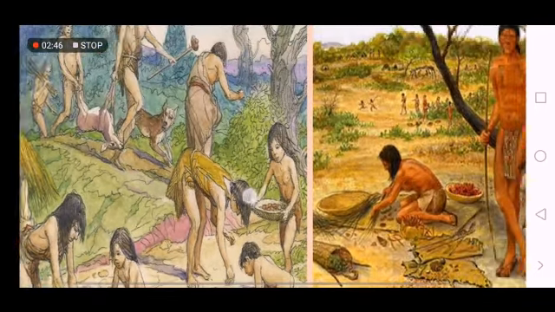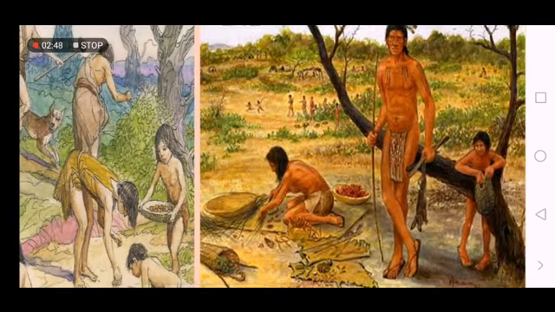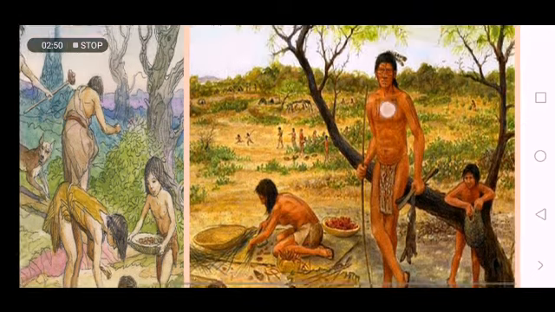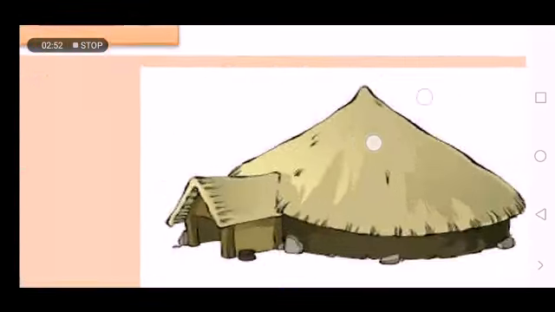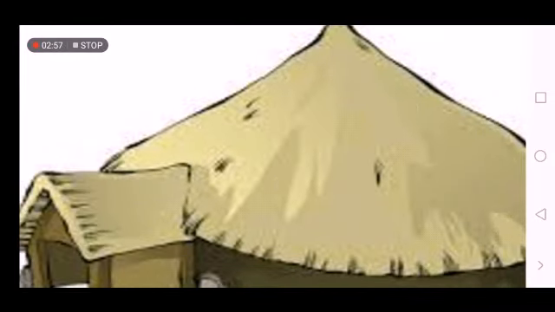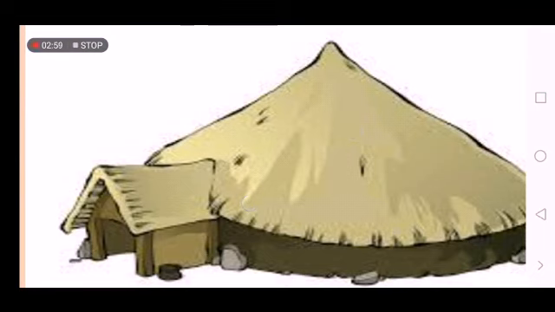So they gathered the wild fruits, and they hunted animals for their meat and for their skin. They used the skin for building their houses, tents like this, so they could move them from one place to another. As they moved looking for food, they could easily take down these tents and build them in the places that they went to.